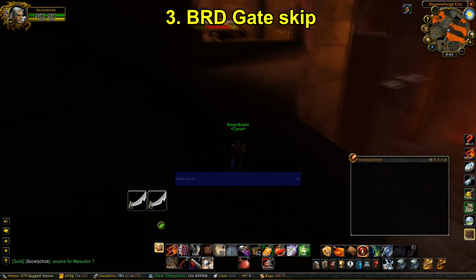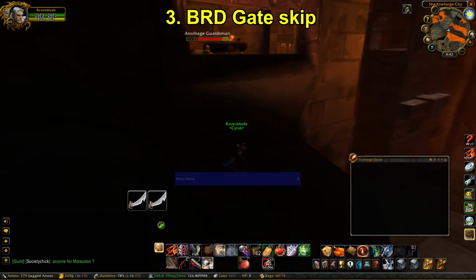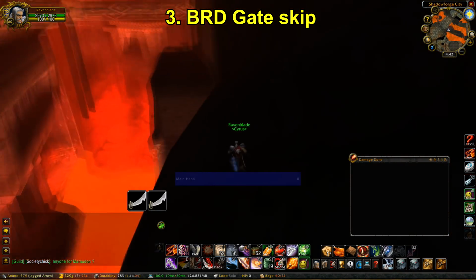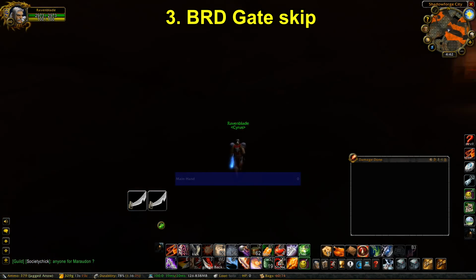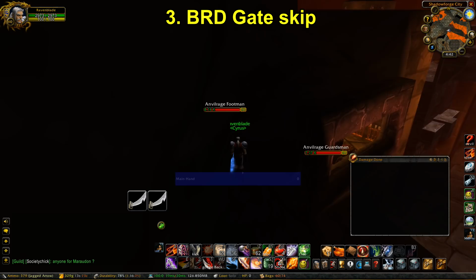But nonetheless, let me show you how to get to the next part of the dungeon without having the Shadowforge key. As you can probably tell, I haven't unlocked it. You know, the gate's there, I can't get through. But it's actually very easy. You can get through here by basically glitching through the gate. So what you do here...